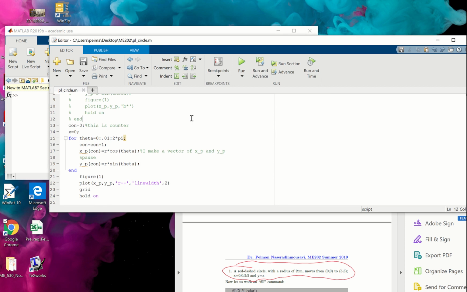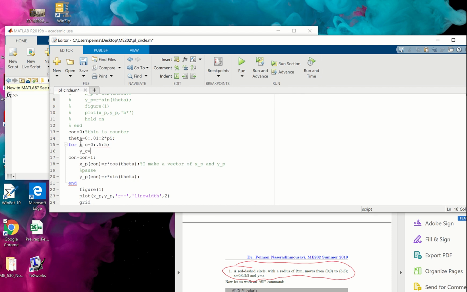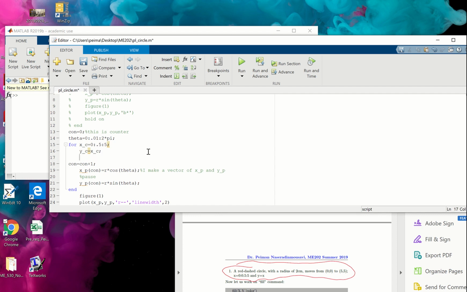Okay guys, so the answer is that this is not possible like this, so you have to change the code. This time theta is this, okay, and now your for loop must be for the center of the circle that is moving, that's right. So I'm going to say y of c is x of c, as the problem says. See here, that's right. Now having that, we don't need the count anymore, and we're going to say x of p is this point on the circle, and this, and now we have to move